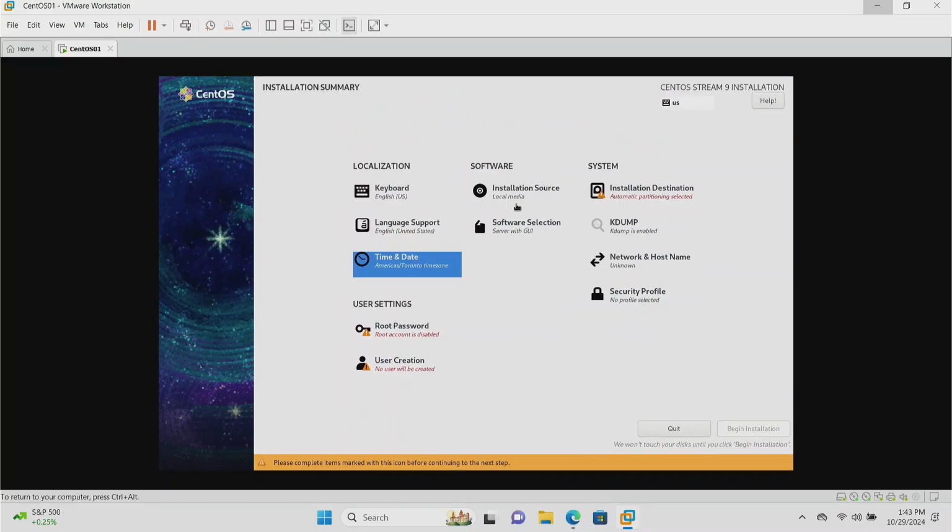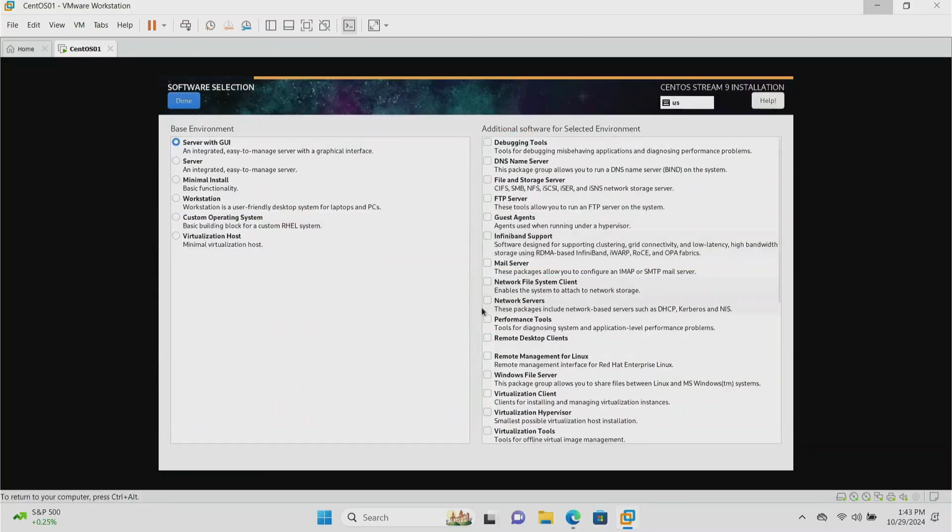Now, for the software, we can see that it is already selected, the server with GUI. This means that it will not just be a command line server as many Linux or Unix environments will have, to not carry that overhead of a graphical interface. However, if you're just a user, a beginner learning to use Linux, a graphical user interface makes it easy to use, easy to manage. So outside of the graphical user interface, some other things you can see along the right-hand side